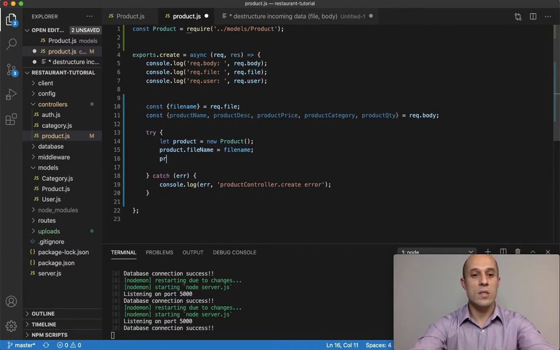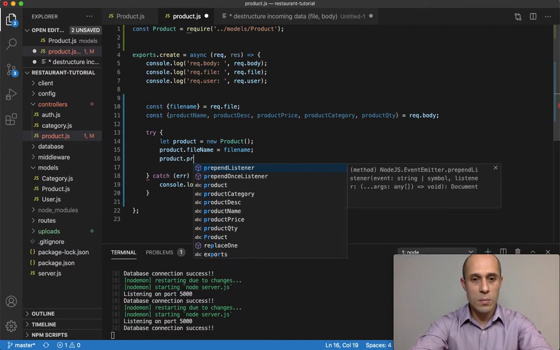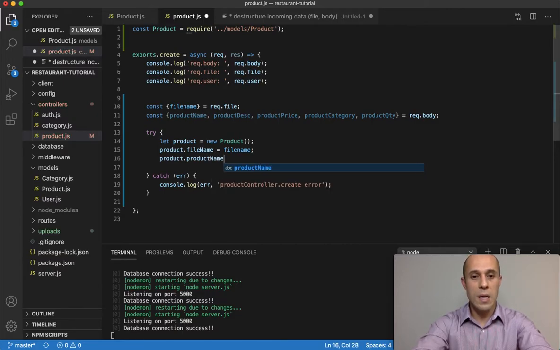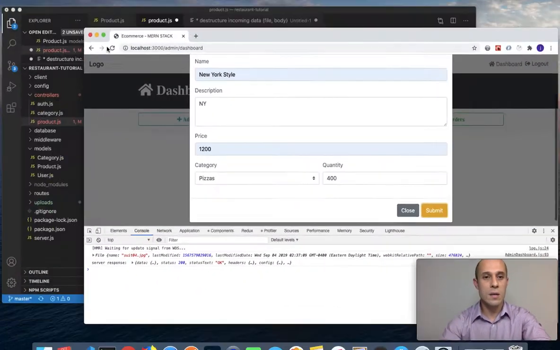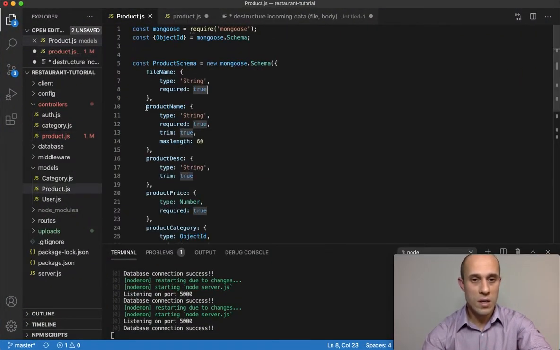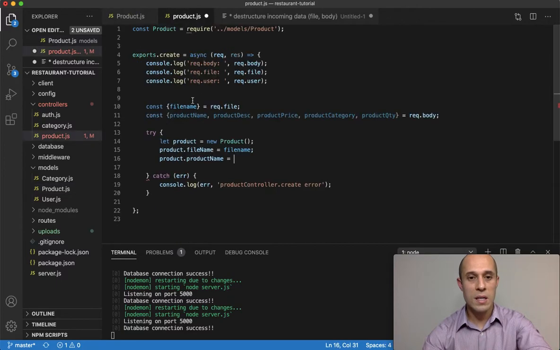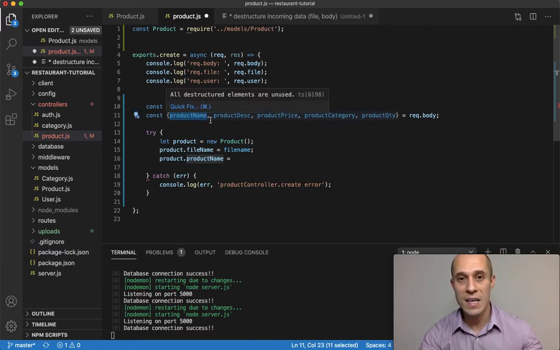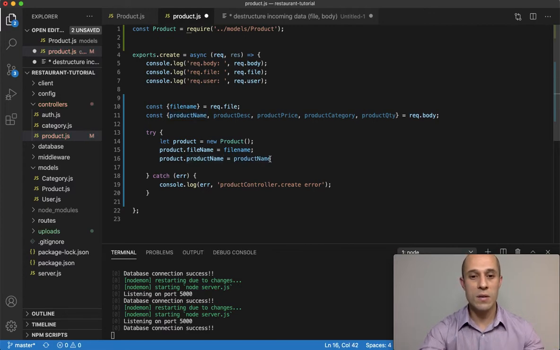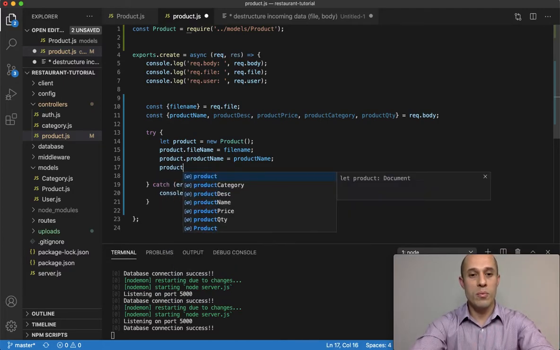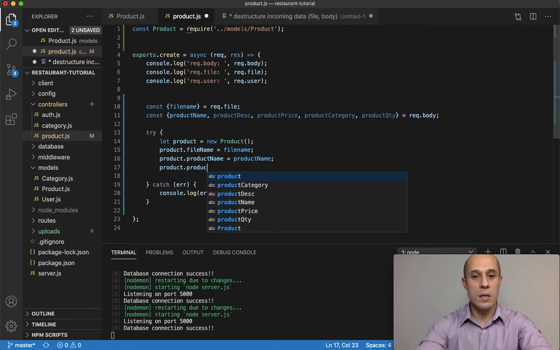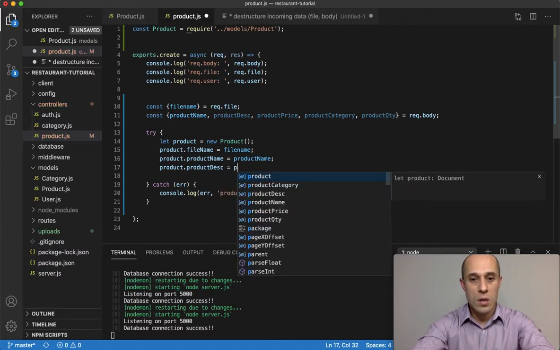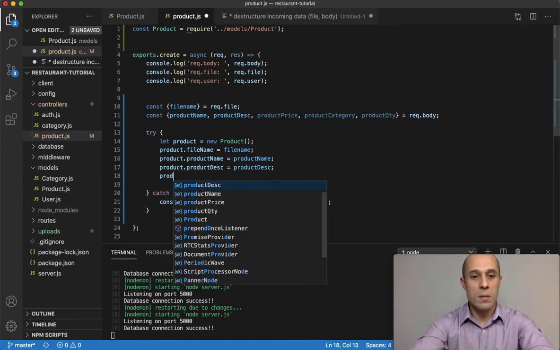And then the next one is product dot product name, which again, going to the model, you see product name, how it's spelled, and it's spelled the same over here, and that equals this product name here, which is being destructured from the data that's coming from the front end. I know that's confusing because they're spelled exactly the same, but that's the way I did it. So product dot product description equals the product description, and then product